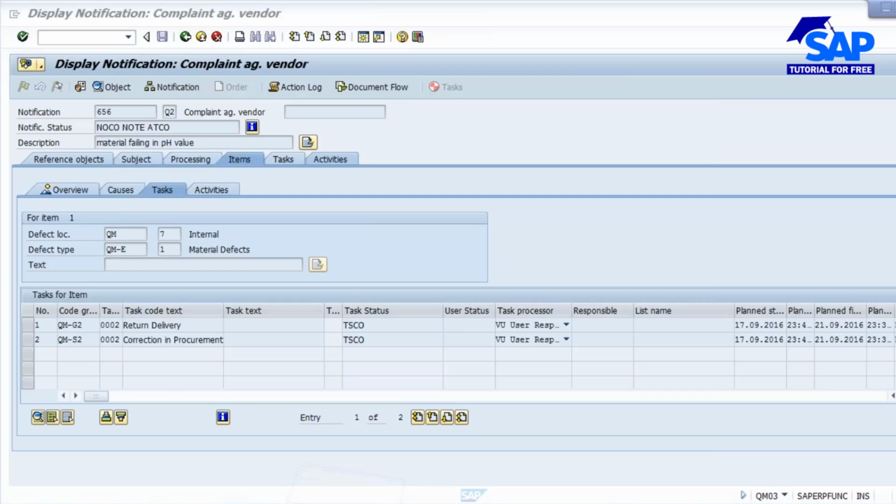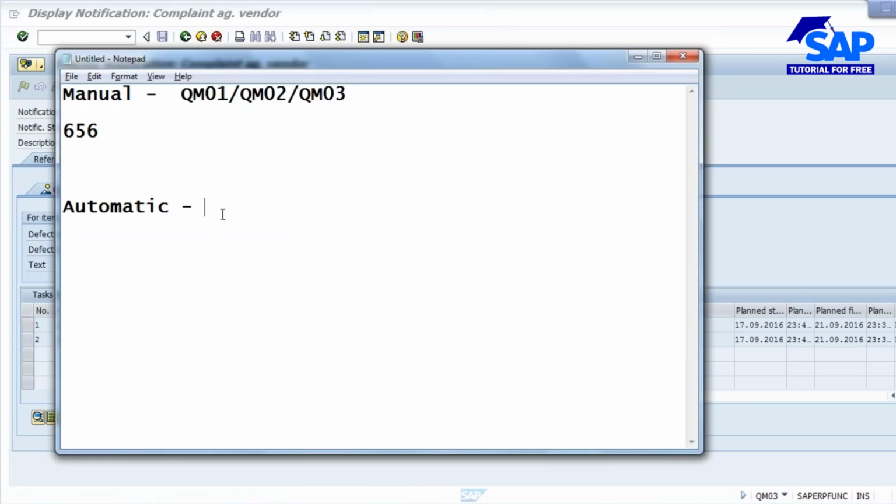See, the problem is your lot is there. You do RR. During results recording, you find a defect. Now you do UD. Anyhow, it is rejected, right? Now, the only thing with the notification is that you are going to check why it failed, what corrective action and what preventive action you are going to do. Anyhow, it got rejected, right?